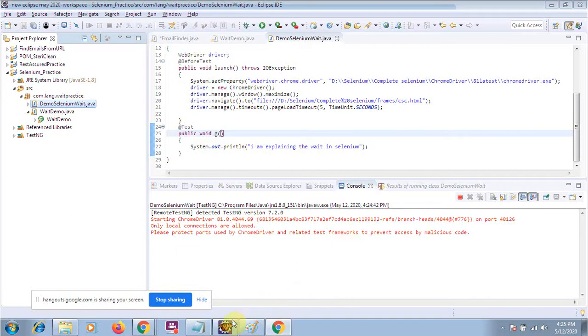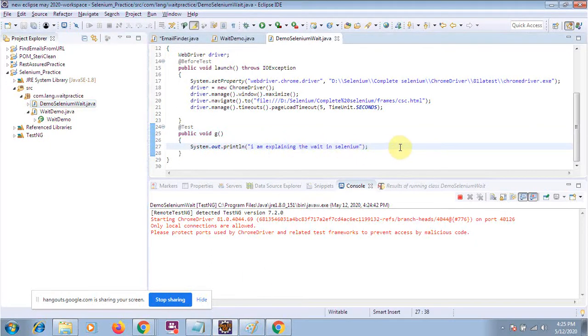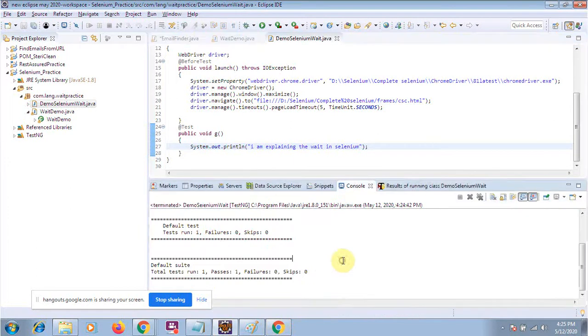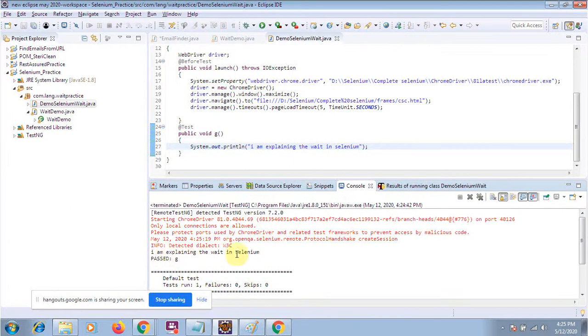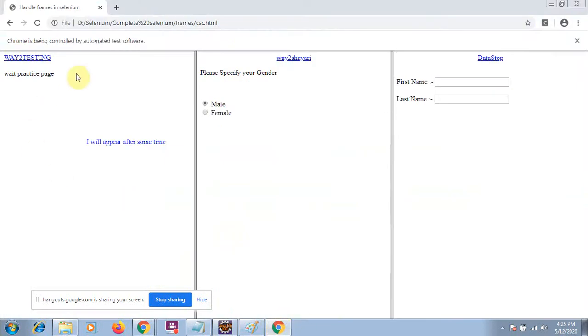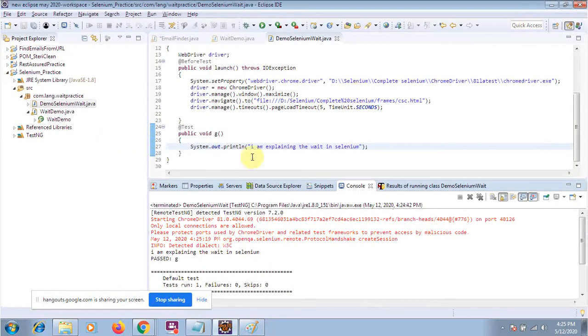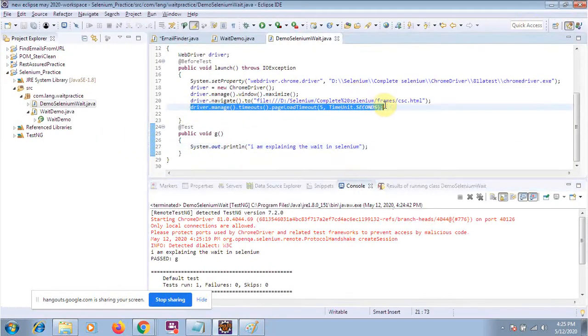So it may take some time to load. Okay, you can see it for your web page. Now it will simply wait up to 5 seconds to load the page.